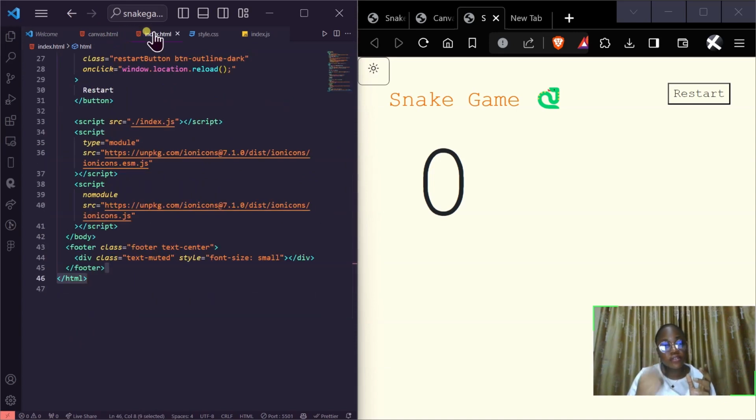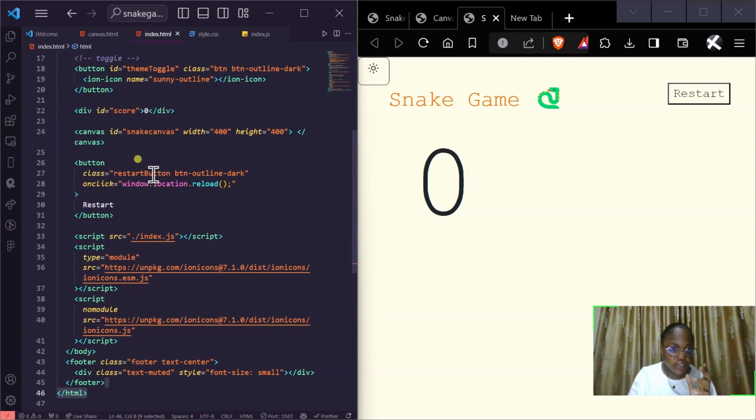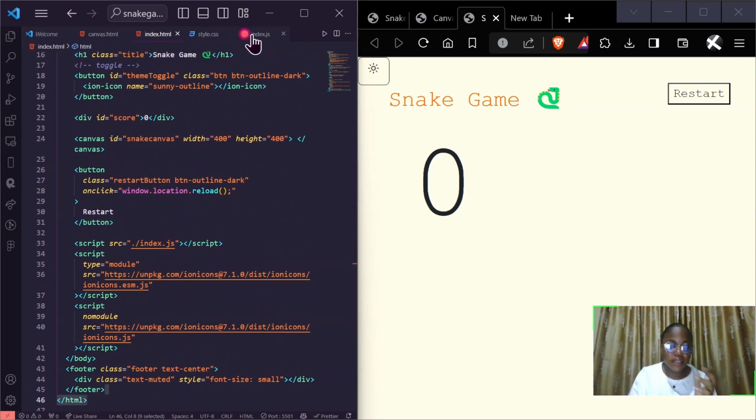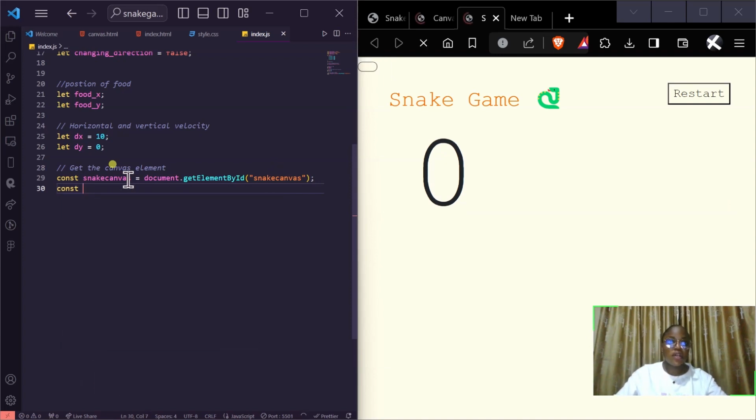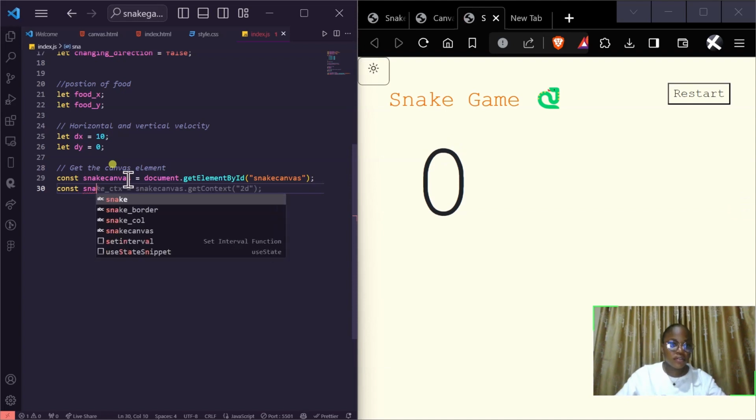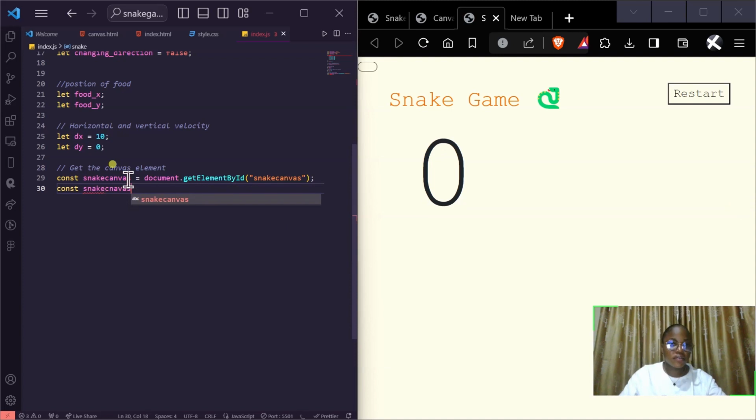Was it snakeboard we used? So this Copilot suggestion was wrong. I really need to be careful. Okay, snake canvas. Thank God we had to cross-check that. Please pardon me, it ought to be snake canvas. So call this snake canvas. Okay, so let's create a constant, and we'll say snake canvas